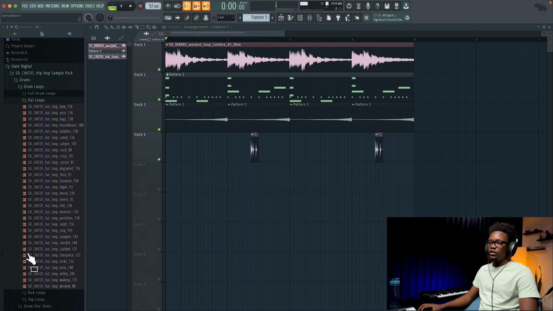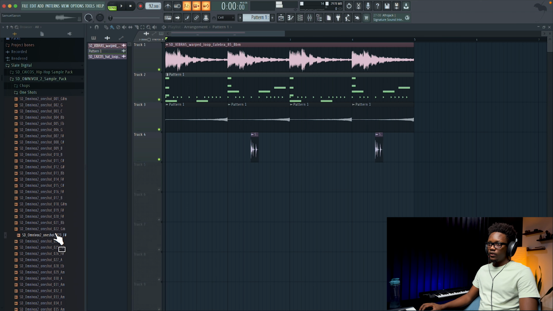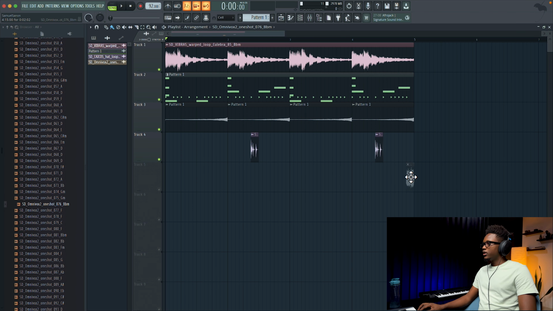Go to Slate Digital again and then go to Omnivox and one shot. Let's try to find something. Okay, this one is on the same key with the sample. One thing we can do with it,